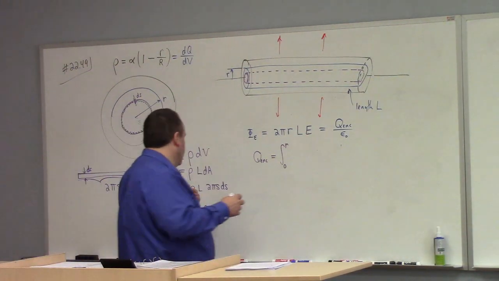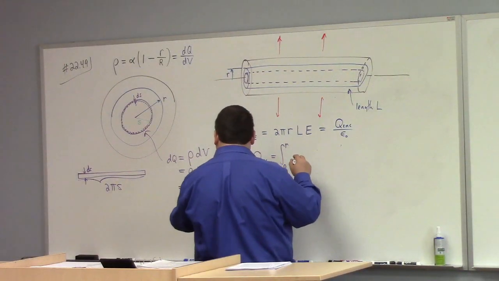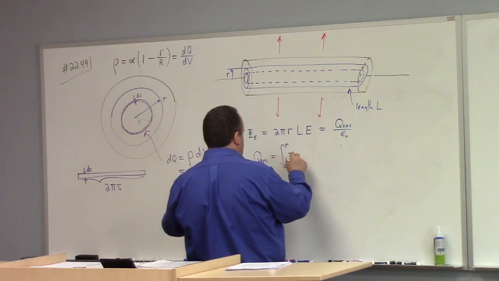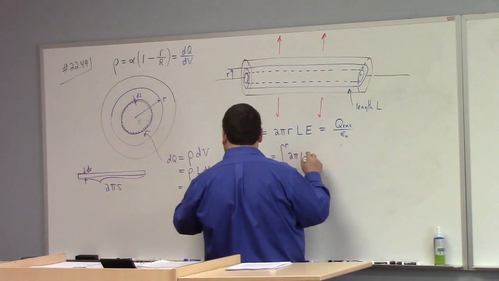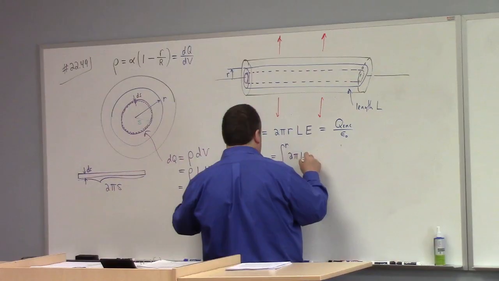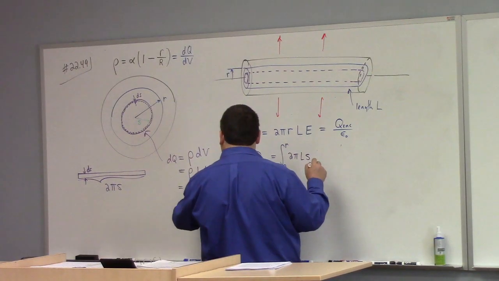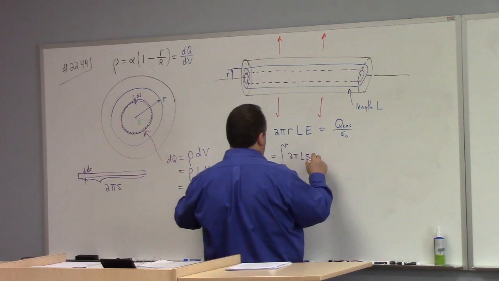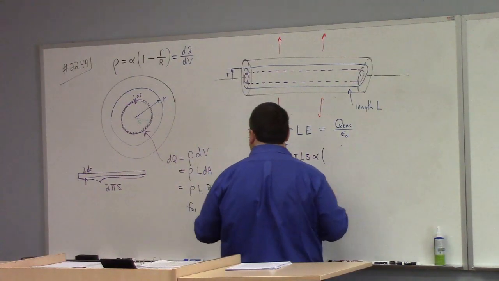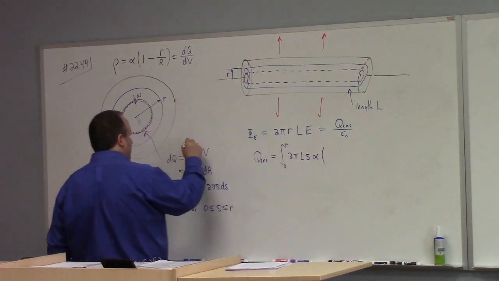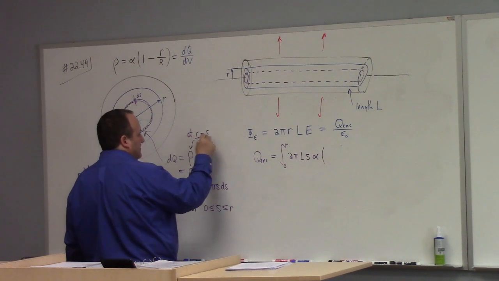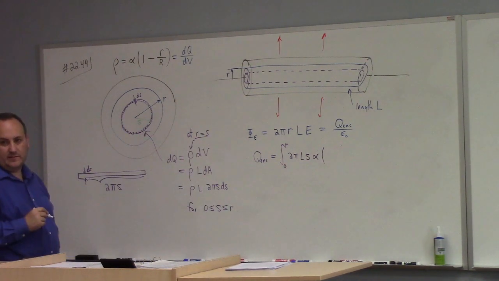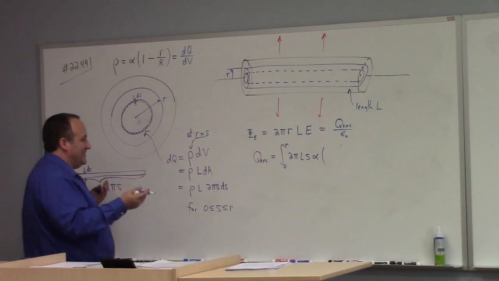So Q enclosed, it should be, I'm going to keep the 2 pi L out front. Then my S, 2 pi L S, and then rho. Now, what rho of what? What's that formula look like here? To be clear, this should be rho at R equals S, right? If you like, I mean, it's at S. Maybe I should just say at S because,